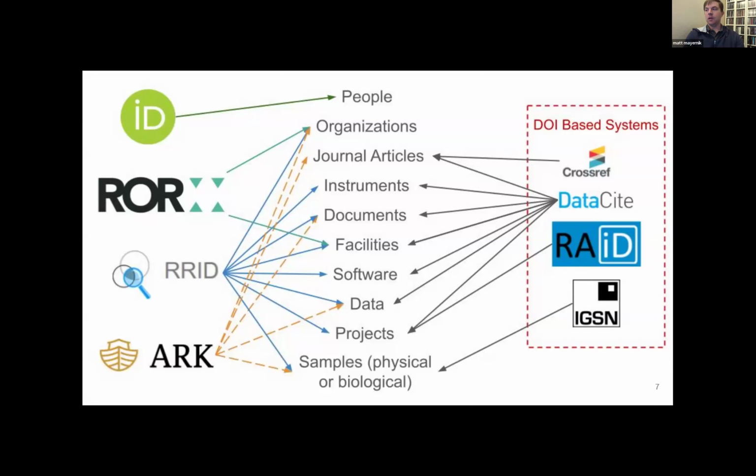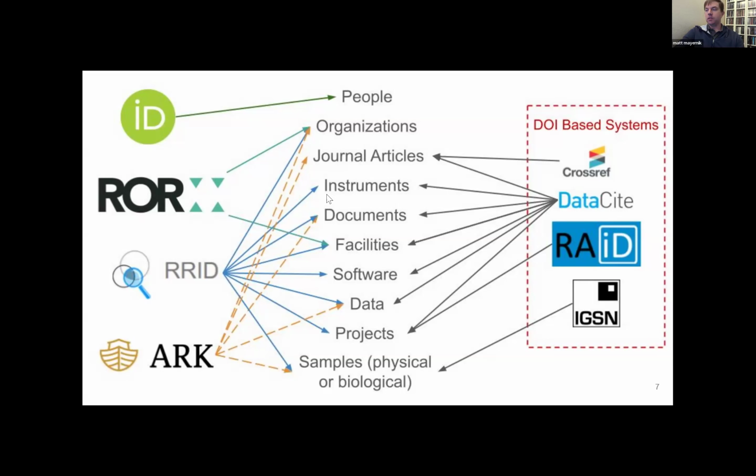And I think this is something that as a community of people who work on these things, we really need to reckon with the growth and spread of use of PIDs. And on one hand, it's good. We're all interested in using these PIDs to do useful things, but the complexity of the ecosystem is really challenging and it's continuing to grow. And I think that's something that's going to be really difficult to deal with over the next 10 years. As you can see, there are overlaps in what these identifiers are used for. Many of them have no restrictions on what they can be used for. There are many different flavors of DOIs. They also have some overlapping uses.